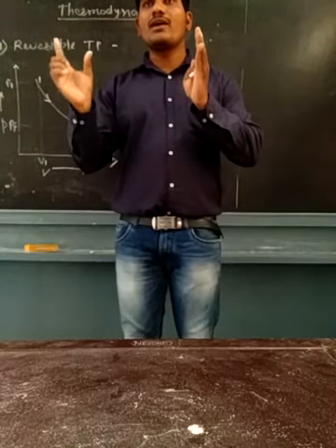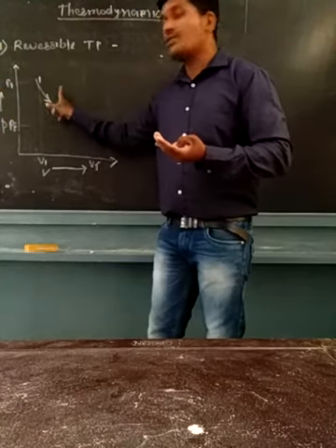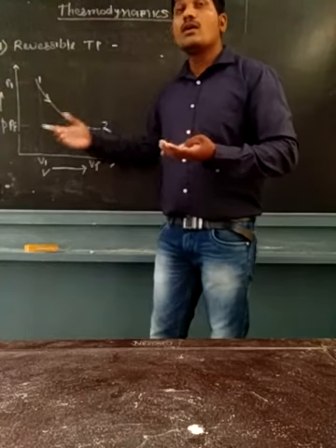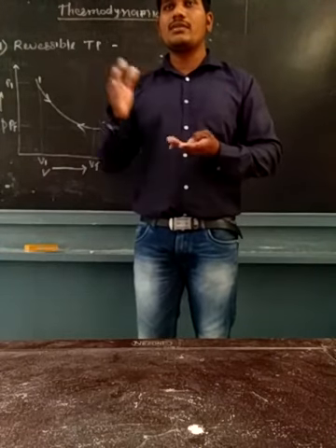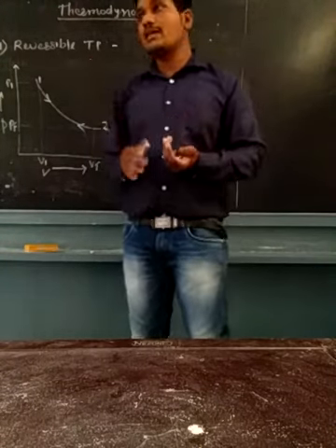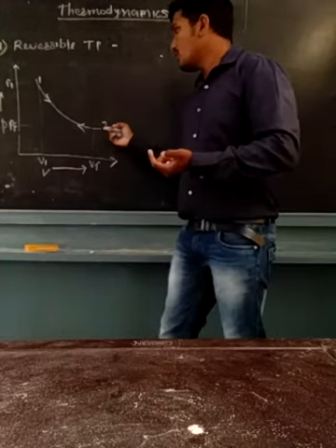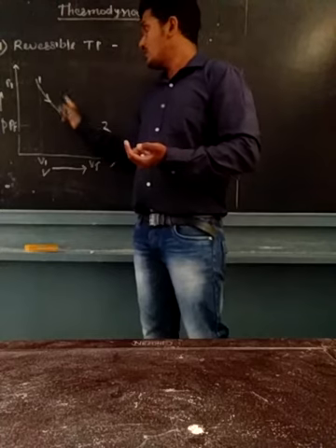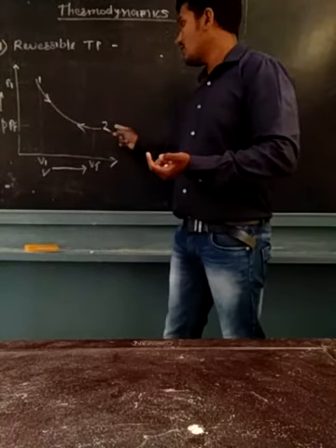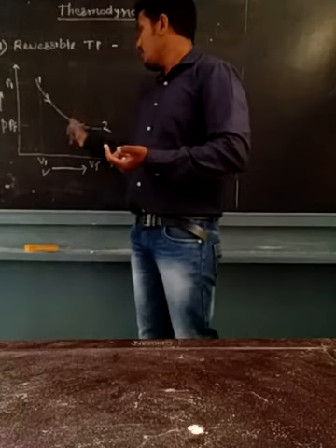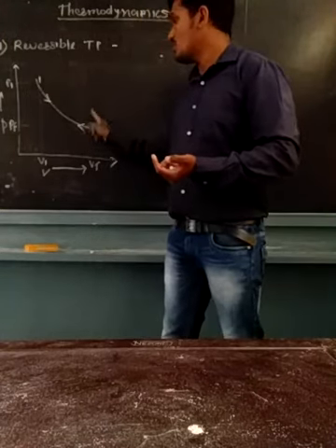So this is what we have understood with the help of this PV diagram, and this path number 1 is the first path. Now we will think in exactly the inverse manner, in a reversible manner. If I consider this path moving from 2 to 1, where the earlier path was 1 to 2, now we will think in the second way, this path 2 to 1. Just forget about the first one and think about this path.